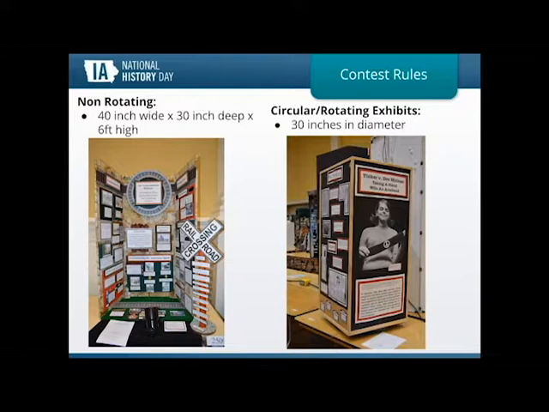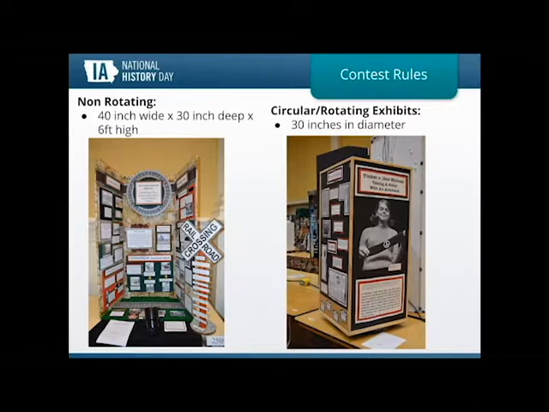Andrew, do you have any advice or maybe some examples at contests of exhibits or any size concerns, or maybe some examples you can share with kids on how to prepare for the measurements or how to make sure that they're staying within the rules? Yeah, I think that there are a couple things. First, I don't think people a lot of the time use the full amount of space that they have available to them. So make sure that both of these exhibits that you have up here, I had the opportunity to work with, and what really helped is that they used the full amount of space that was available to them,